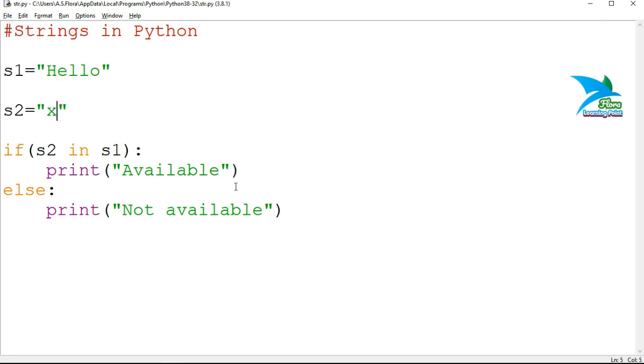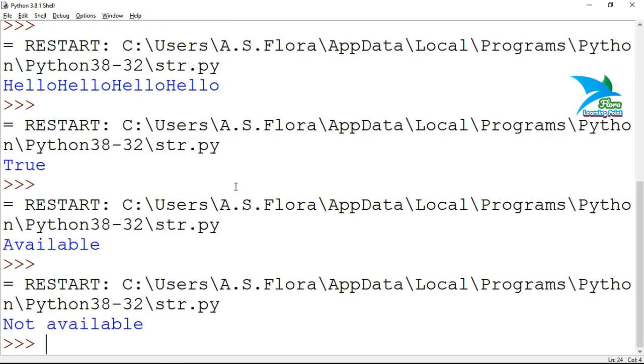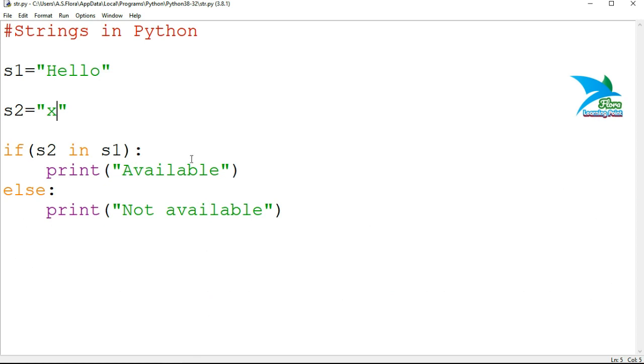If you write x here, and the value x is not available inside that particular string, then it will return false and the result will be not available. By using this operator, you can search not a single character only, but also a combination of multiple characters. For example, I'll specify ll.